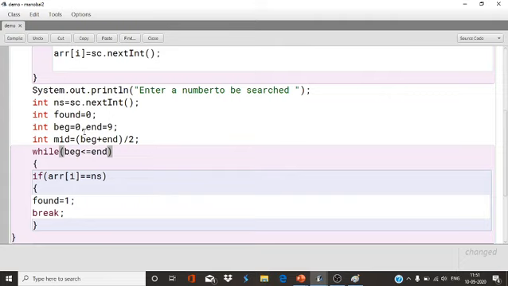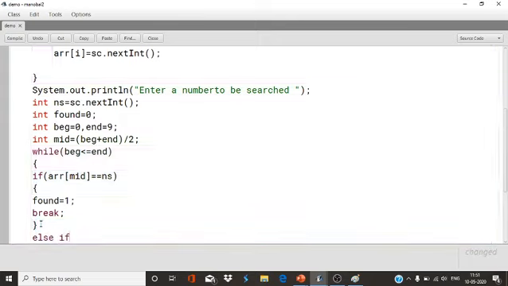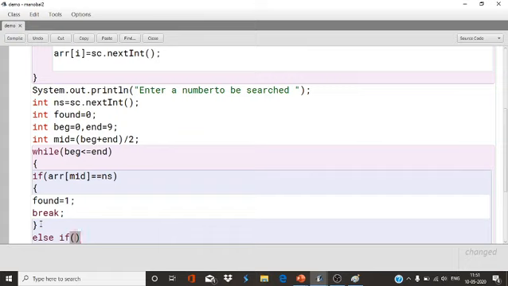Now you can see beginning is 0 and end is 9, so beginning is less only. So this loop will be true and it will execute. Now it will check whether ARR mid is equal to ns. If it is equal to the number to be searched, it means found, and it simply breaks and comes out. Else, if it's not equal, again we have to divide that half into two halves.